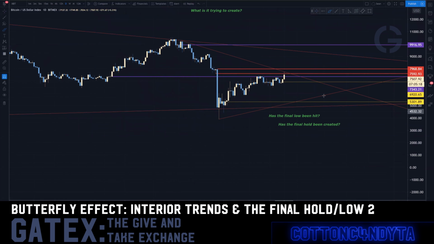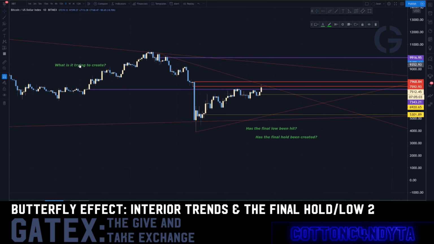So now we actually have something we can use with trends, because this is creating a very important hierarchy on our charts. This is creating a point of polarization. And as we go forward, this is obviously crucial information. This is very, very important to know, right? And so what is trying to be created is always the question we ask ourselves. What is trying to be created? Again, we pull back to that. What is trying to be created here?